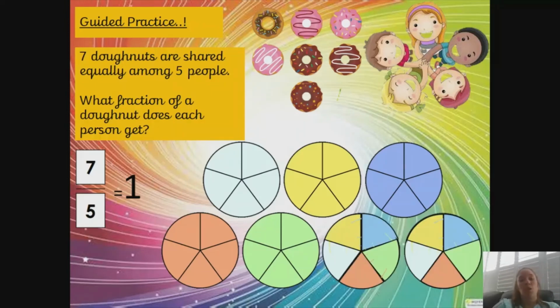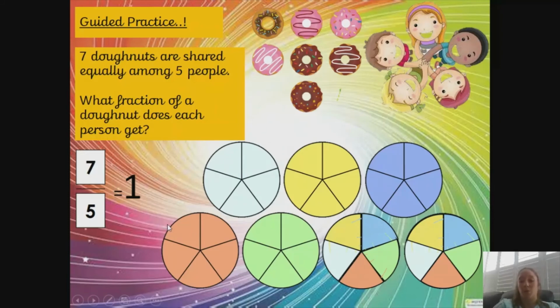So we've got 2 donuts left over. Now if we're going to divide it equally, okay, we've got 5 pieces on each one. So we can give 1 piece to yellow, 1 piece to blue, 1 piece to green, 1 piece to pink, 1 piece to light blue. Okay, that's still only 6 donuts, but we've got 7, so we need to do the same again. So overall, we can see that each child will end up with 1 whole donut and